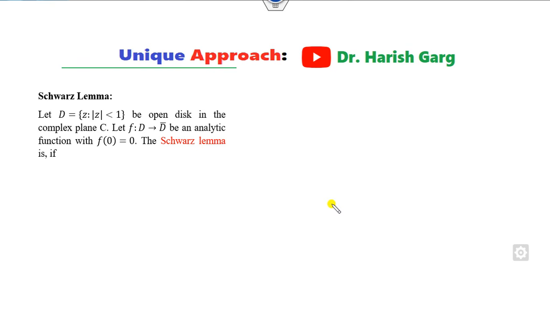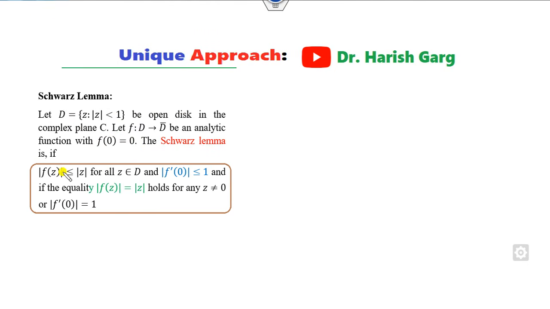So what is the brief theory about that and what are the various shortcut tricks? If you have the unit open disk D and f is an analytic function with the important property that f of 0 is 0, then the Schwarz lemma says that the absolute value of f of z is less than or equal to the absolute value of z, and the derivative at the origin is bounded, or if equality holds at either side, then f of z is a linear function with the property that the absolute value of a